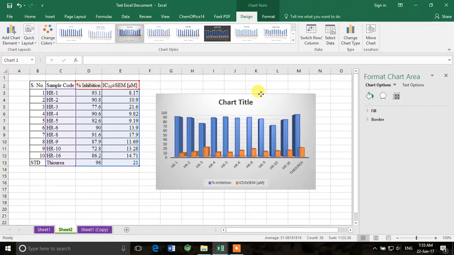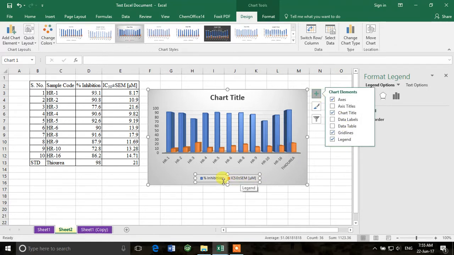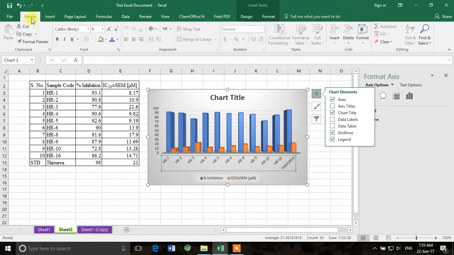So now here you see that we have the legend. So this is the legend, which shows that these blue bars represent percentage inhibition, while these orange bars represent IC50 values, and these are the names of the samples. So of course you can select them and change their font and everything. Like you can make them a bit bigger, bold. This axis, you can make it bold, or if you go to